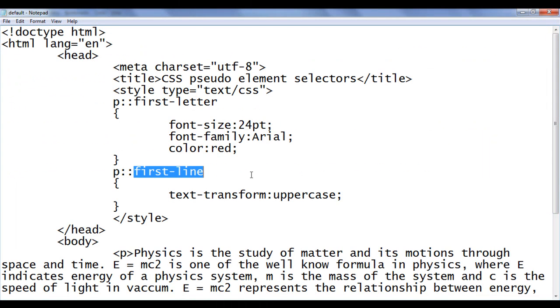On the first line of any element you can apply different styles, like the color, the background properties, font properties, etc. There are only a few properties you can use with pseudo elements. You cannot use all properties. With respect to first-line, you can use the color property, the background properties, and all font properties. With respect to first-letter, you can use color properties, all background properties, margin, padding, border properties, as well as the font properties. Okay, that is about the first line. I hope you guys have clearly understood what the first-line pseudo element does.